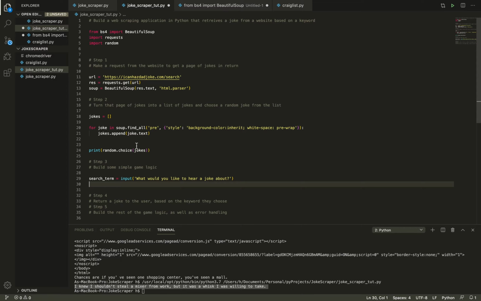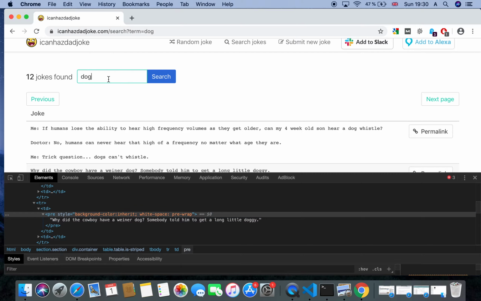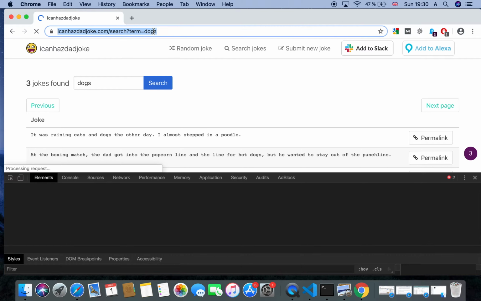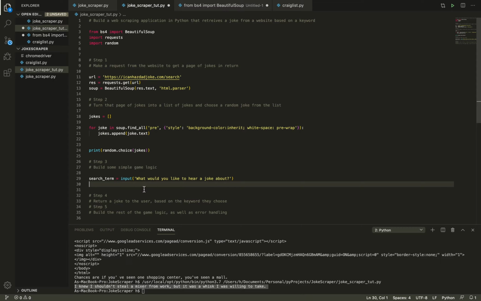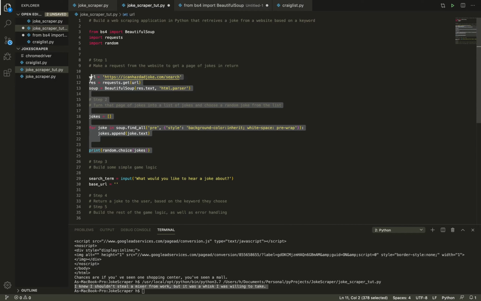Now, what we're going to do with this search term is append it to the URL. So for example, if the user wanted to hear a joke about dogs, we would append the word dogs to the end of the URL with the following term equals dogs. So what we're going to do is say base URL is equal to the URL we have up here. So for now we can just ignore all of this stuff we've done up here. Let's just focus on this, and our actual URL is going to be our base URL plus